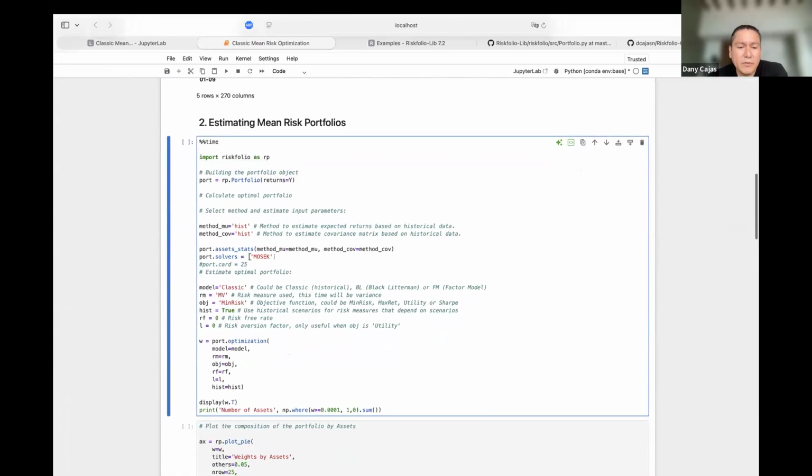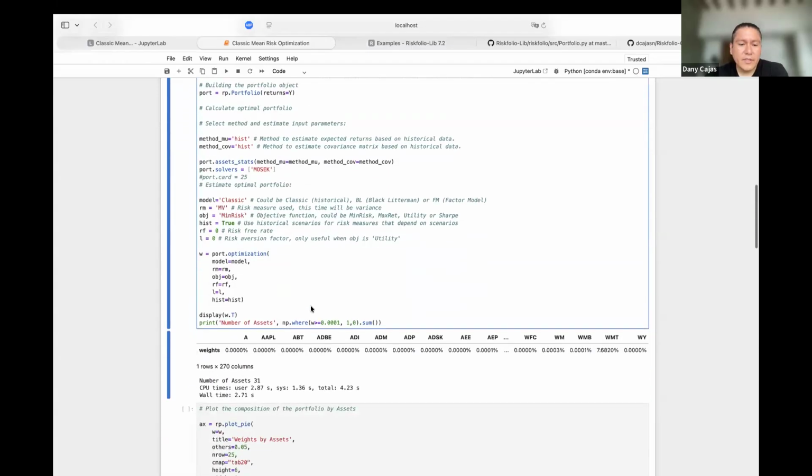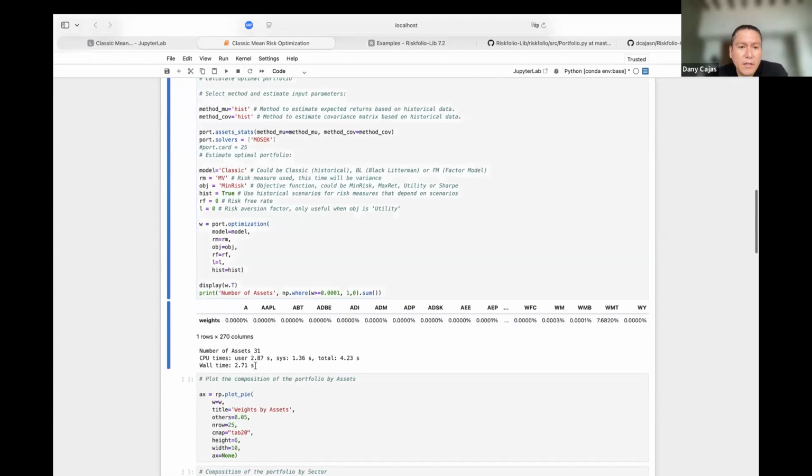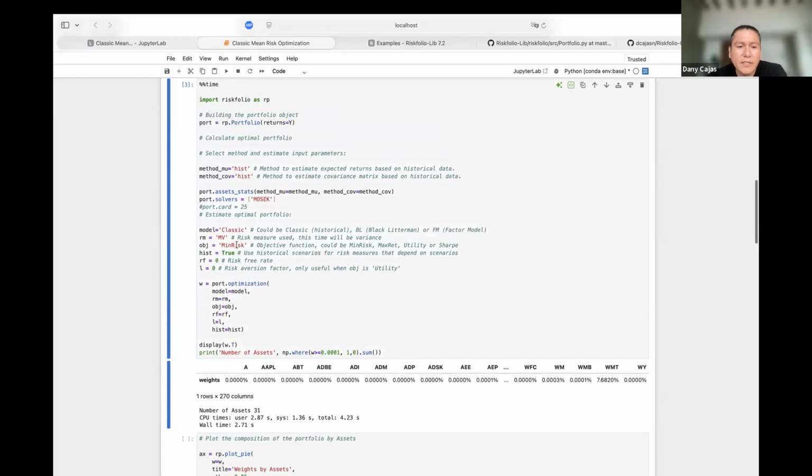For example, I am going to use the solver MOSEK, and I am going to calculate the mean risk using the variance. So for example, if we calculate this, it's very fast, only takes 2 seconds for 270 assets. Also, we can change the risk measure to entropic value at risk, for example, and we can calculate